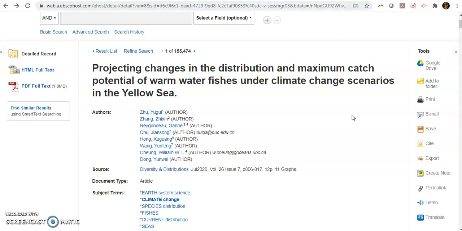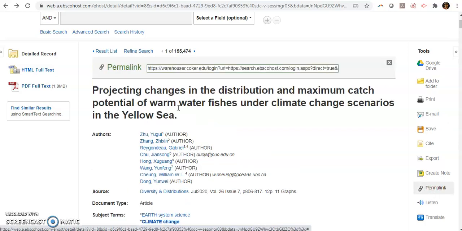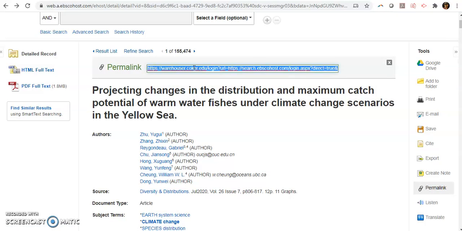So the link you want to have in order to get back to this article, if you do leave: now, if you email yourself, it will send you this permanent link. But if you only want the permanent link, come down here, click that, copy and paste this link. This link is guaranteed to bring you back to this exact page, to this article, so that you can access it. All right, but that is going to be the only link that's going to be able to do that